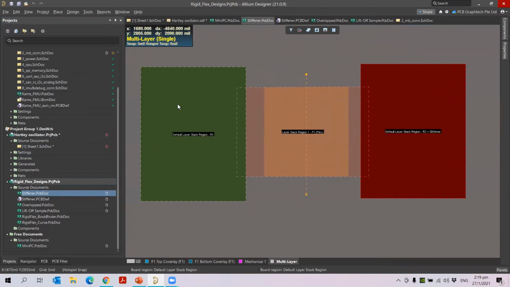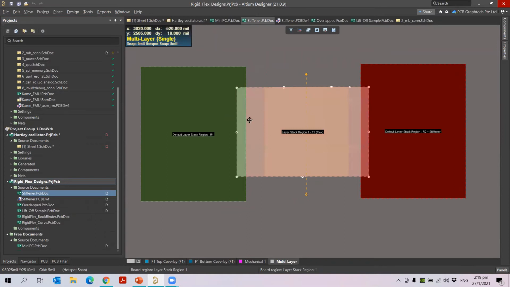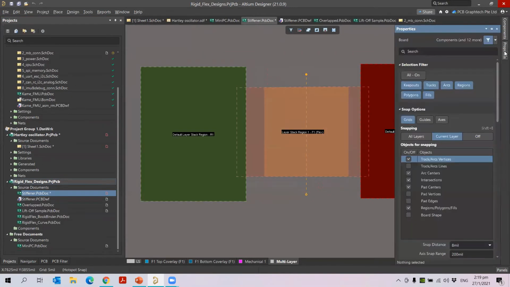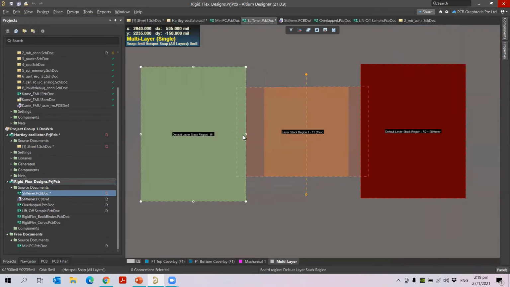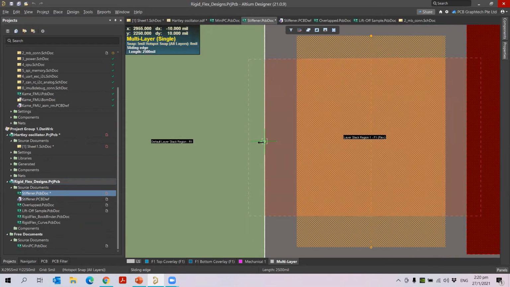Okay, so now if you see here, these two regions, if you click this and if I click this region, they overlap each other. Okay, so if I want to split them, I can individually split them. To split them, first I will go to the properties here and choose the board shape. Once I choose here, let me select this center point and drag.